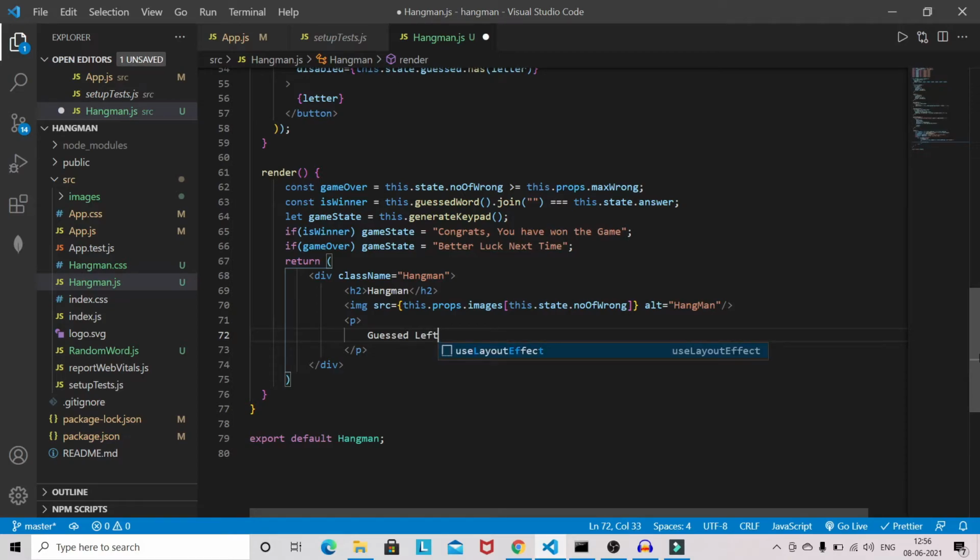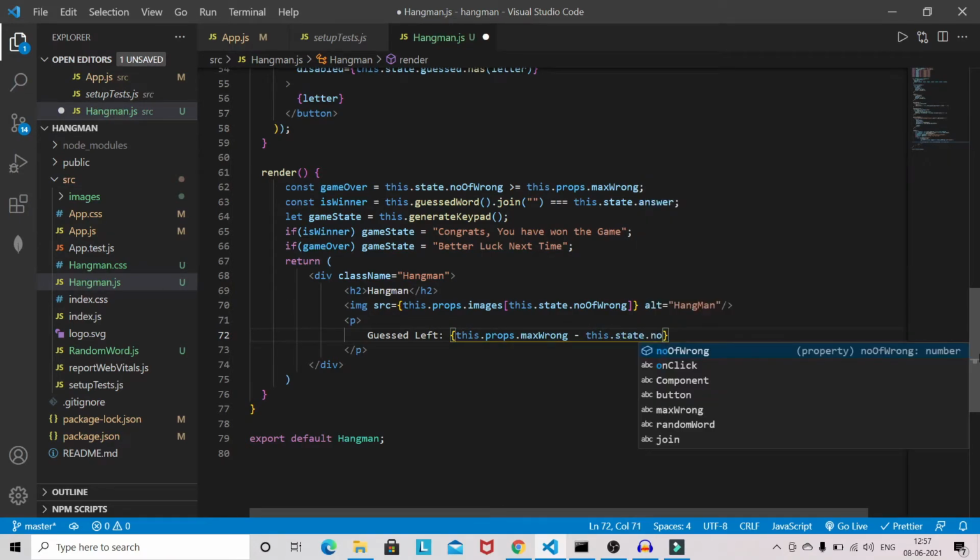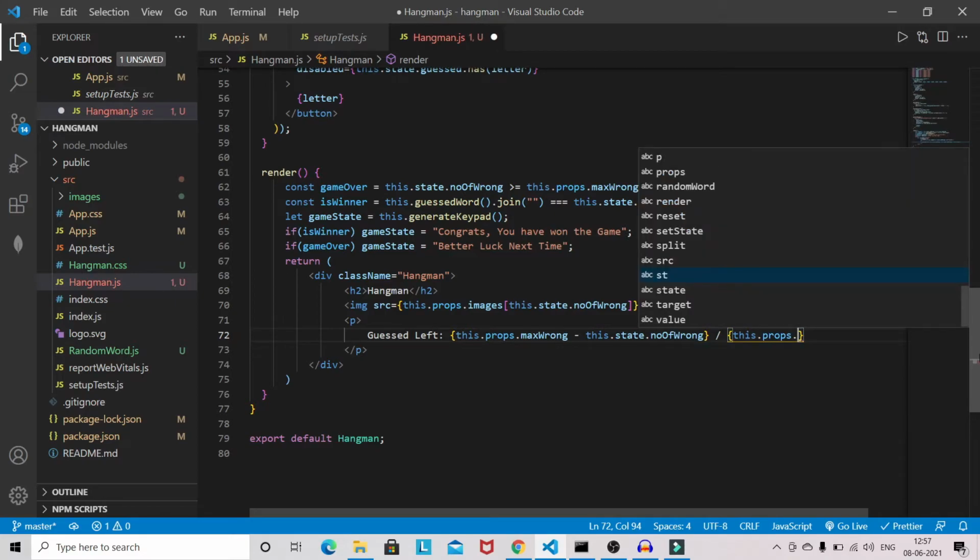Guess left: this.props.numberOfMaxWrong, this.props.maxWrong minus this.state.numberOfWrong, and this.props.maxWrong.